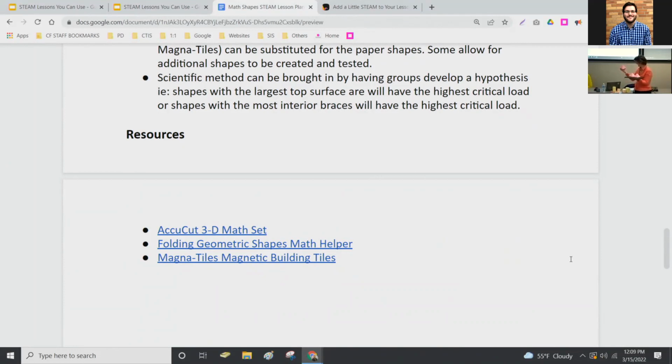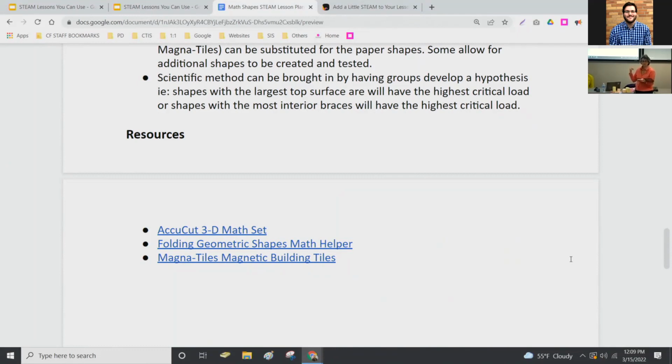Well, the former math teacher in me says, even without the Cricut AccuCut system, just a plain piece of paper with scissors, you can create the 3-dimensional shapes and see which one has the biggest surface area or the largest volume, whether it's a cylinder or a sphere, or I guess a sphere would be hard to do with a piece of paper, but the pyramids, there's standards for, I think it's deconstructing and reconstructing 3-dimensional objects.